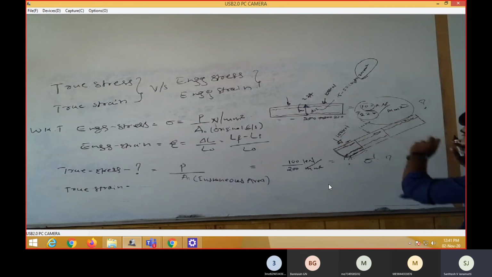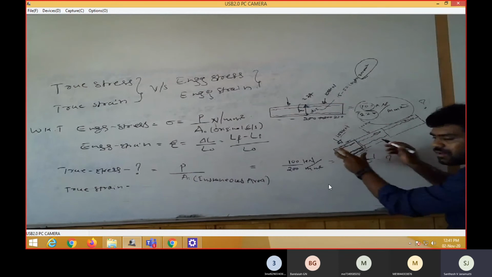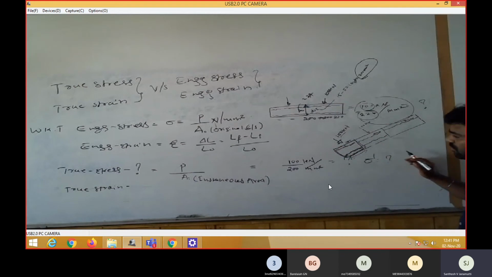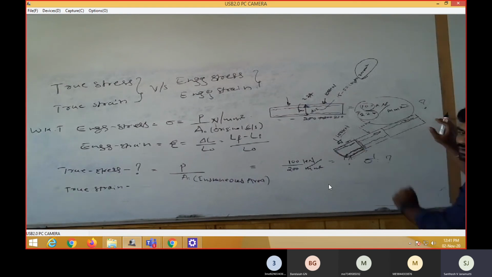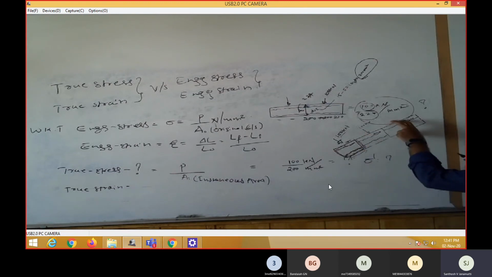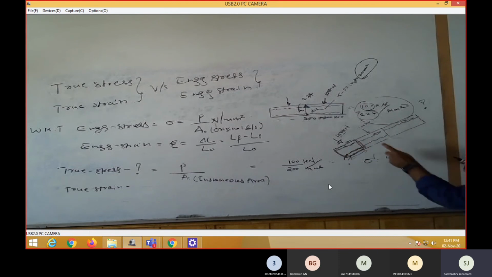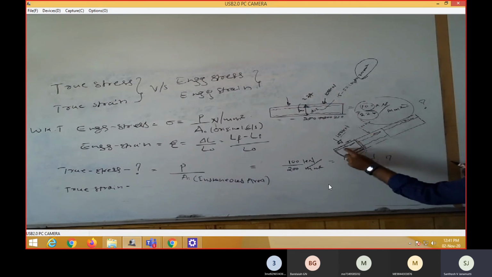What about this portion and this portion? If it is only this portion, okay, let it be, no problem. Because if this portion withstands the 100 kilonewton, the deformation will take place only 2 mm. But what about this portion and this portion? Once we calculate orally, we cannot understand what about the second, third and fourth portions. Sometimes this portion is weaker than this, and this portion is weaker than these two, because here the reduction is 4 mm, here 3 mm, which means this portion is weaker than this, and this portion is weaker than this and this.